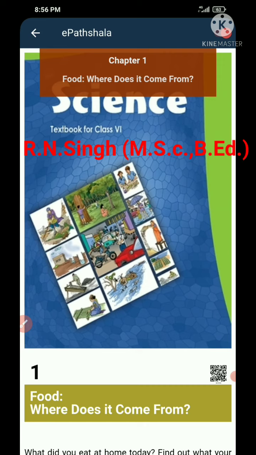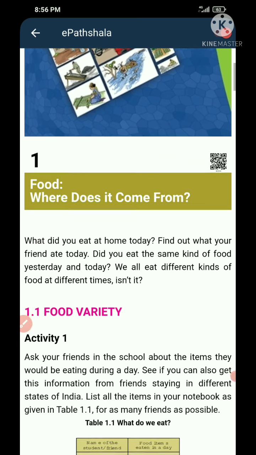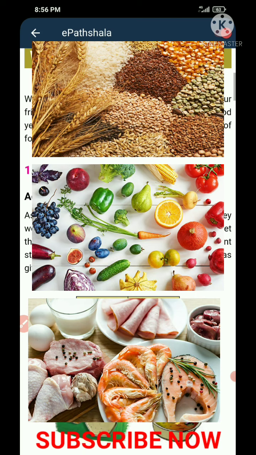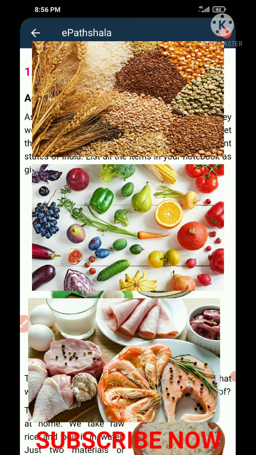So in this chapter we are discussing the food we eat, where it comes from, and what kind of food we eat. So let's start with the food variety introduction. We eat so many foods daily